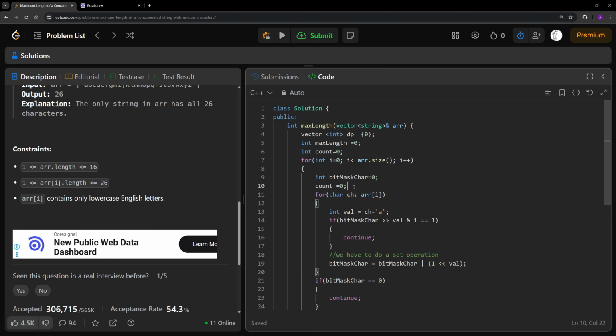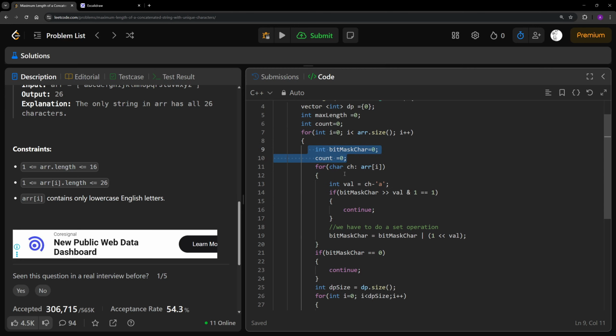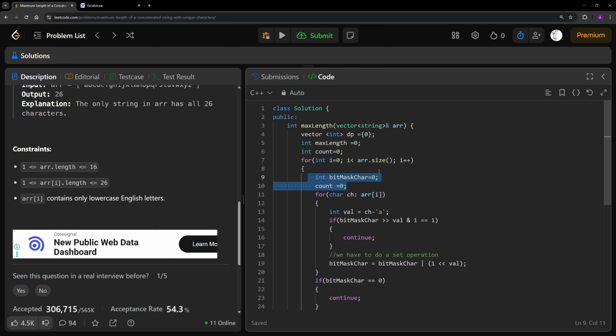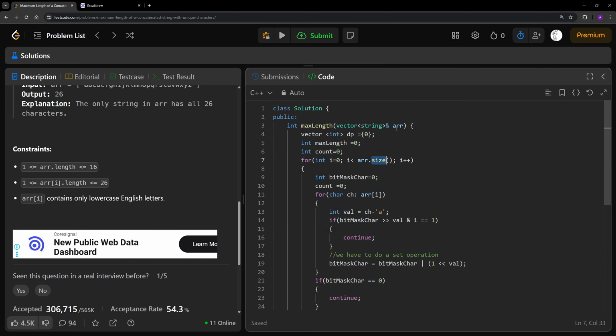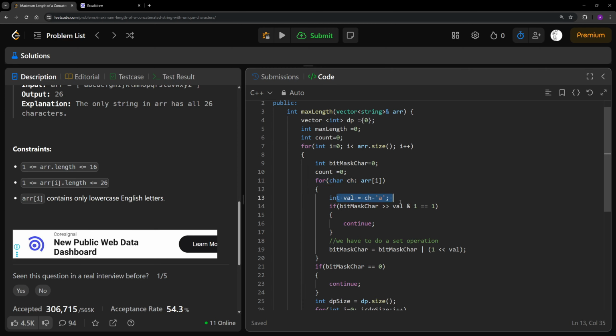Let's see. I hope so मेरा कोड चल जाएगा। तो मैं फिर से बता रहा हूँ, ताकि खुद से ही क्लियर हो जाऊँ। So I will start with i equal to 0, I will iterate till end and I will generate a bitmask for each given character over here, right? Array of characters in the string format, so that's why I'm using a character iterator. Now after iterating, I'll just calculate the value at this point.